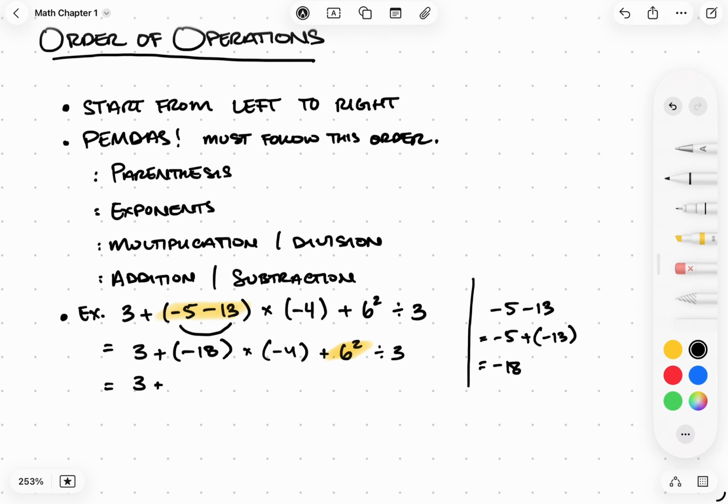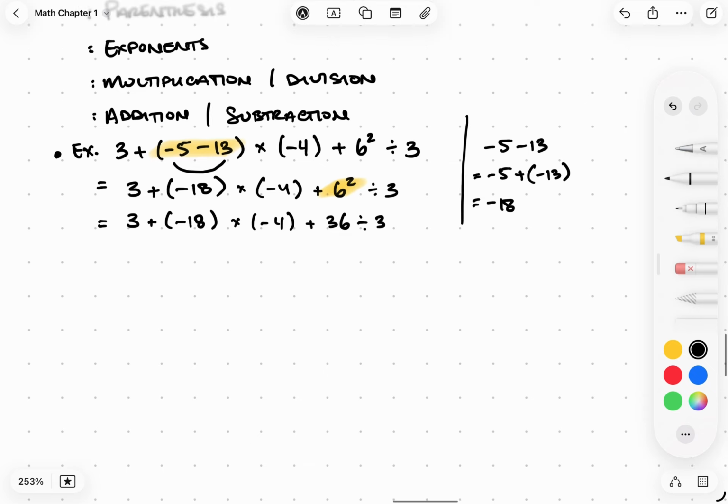I rewrite the rest of the numbers. So I want to see you constantly rewriting the rest of the equation. So now plus 6 squared is 36 divided by 3. I'm going to scroll down a little bit here. So next I have the multiplication and division. And so the multiplication and division I see,